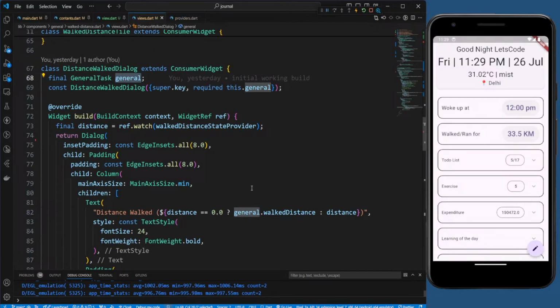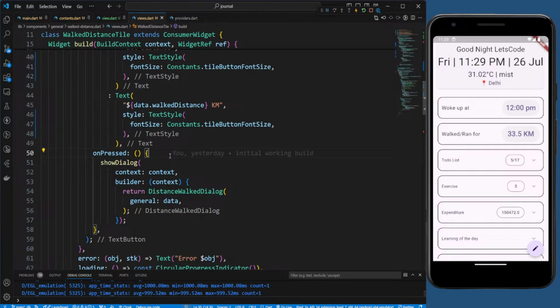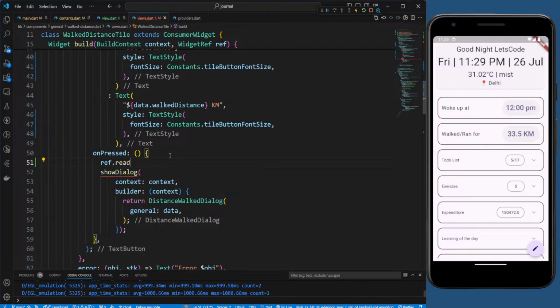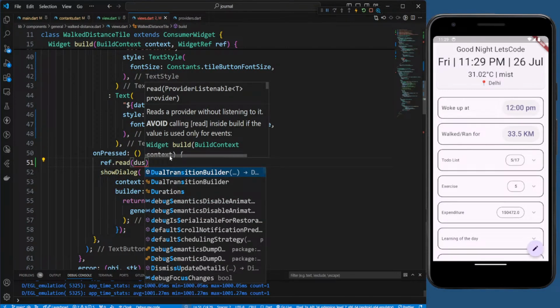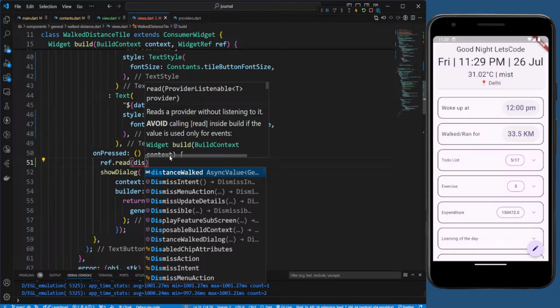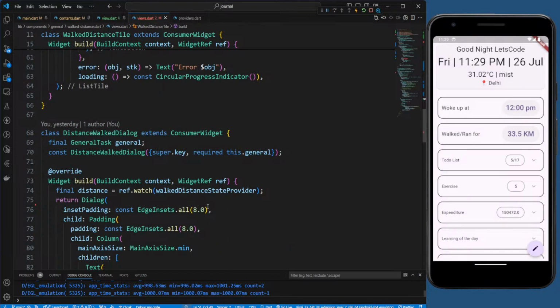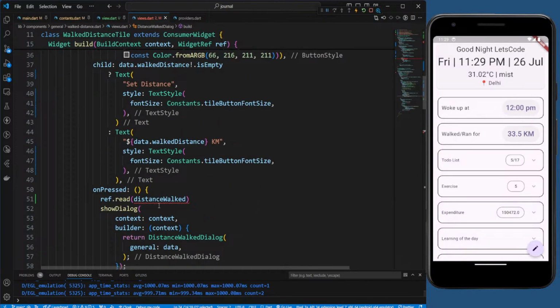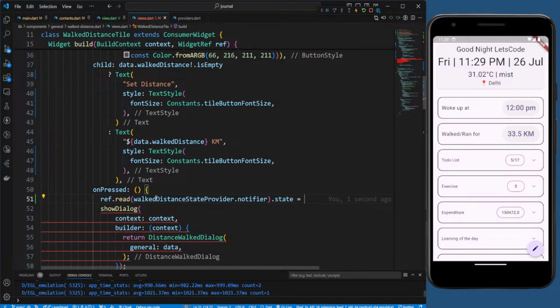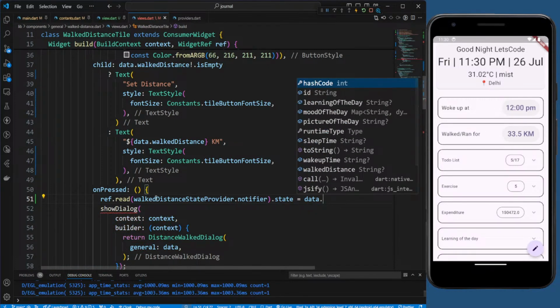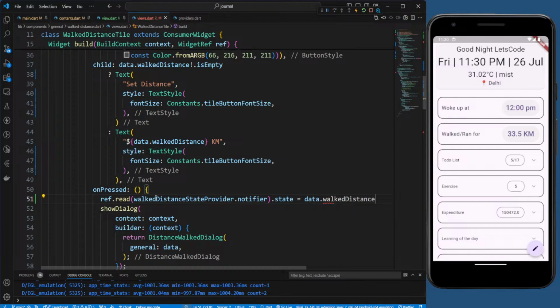Here you click, you just make record field, distance walked, walk distance set provider, dot notifier dot state is equal to data dot walked distance